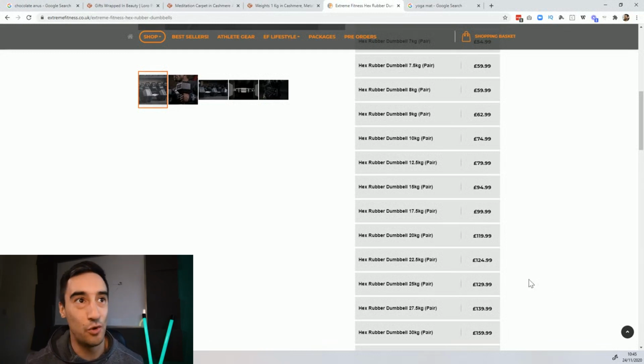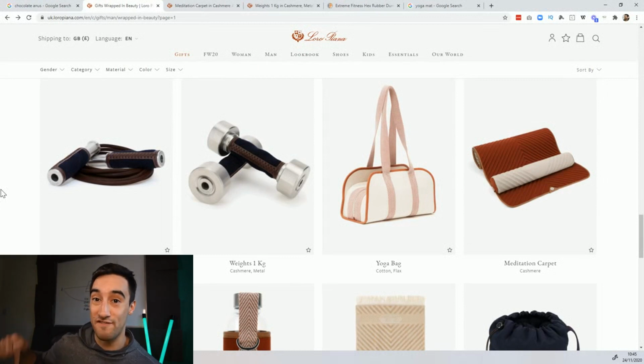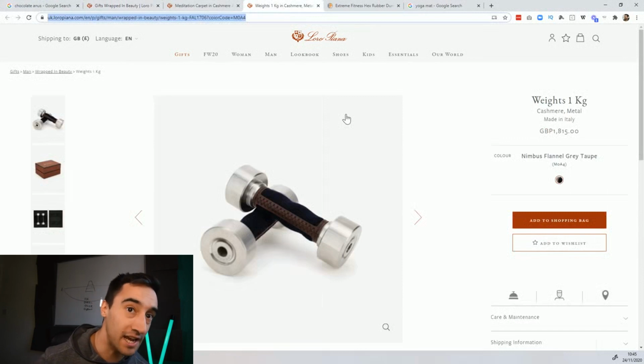Let's have another look at Loro Piana. I want to have a look at their, here we go, 1 kilogram weights wrapped in cashmere. So that's 1 kilo. So this is 22.5 kilos in one dumbbell. It's about 50 pounds. This is 1 kilo. And this is a beautiful